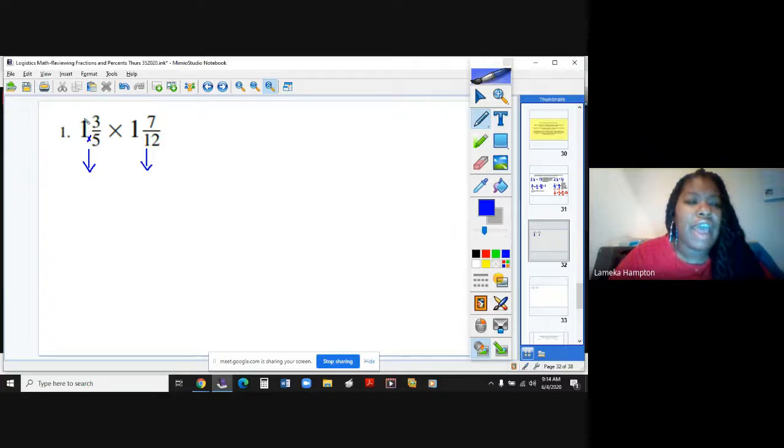And then I'm going to add 5 to 3. So 5 plus 3 gives me 8. And then I'm going to keep my bottom number the same. So 1 3/5 as an improper fraction would be 8 over 5. Okay, and I'm just simply going to bring down my multiplication sign,